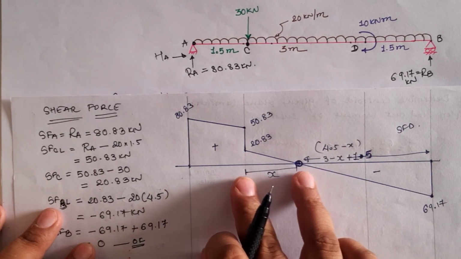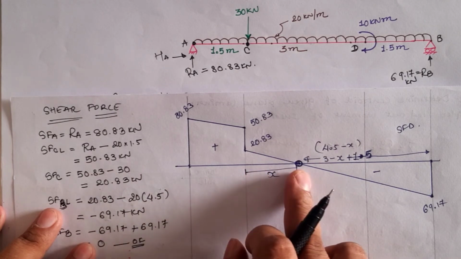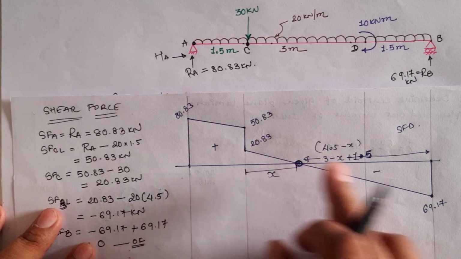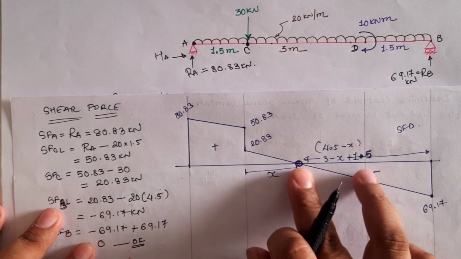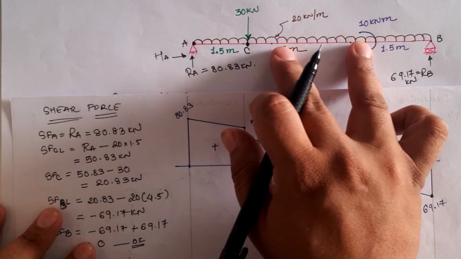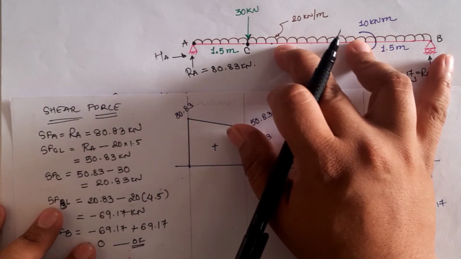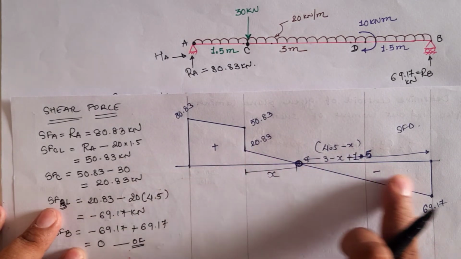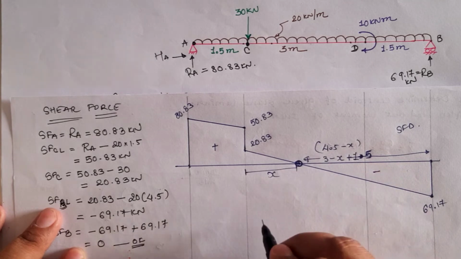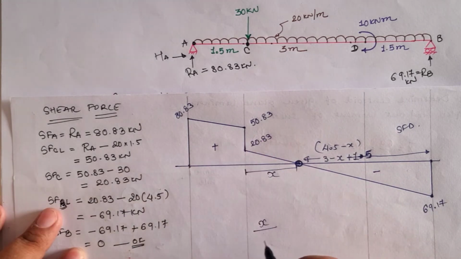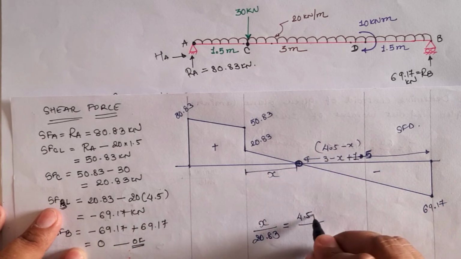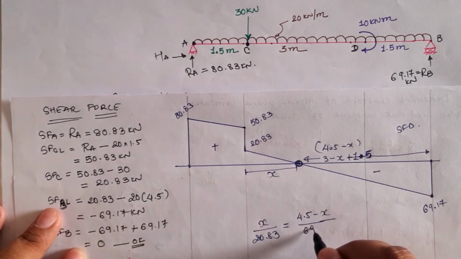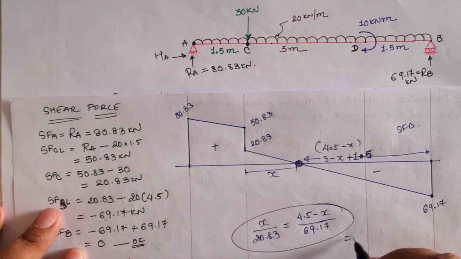If we assume x meter from location C as the 0 shear force value, then from the right hand side direction, the value is 3 minus x between D to the shear force 0 condition, and 1.5 meter as D to B. So the total value is 4.5 minus x. Now using the similar triangle rule between these two positive and negative diagrams, we will have x divided by 20.83, which must be equal to 4.5 minus x divided by 69.17,